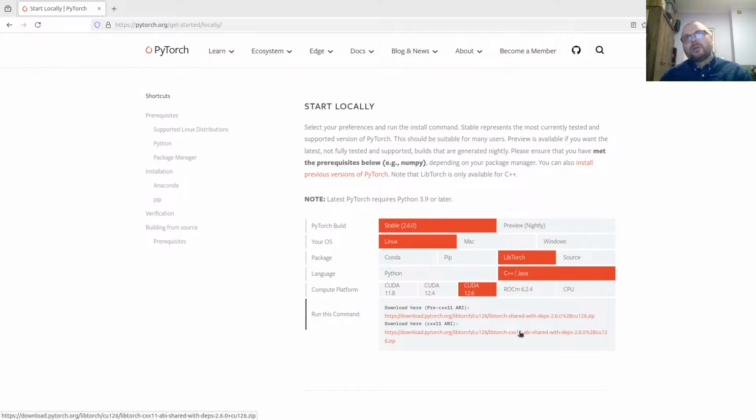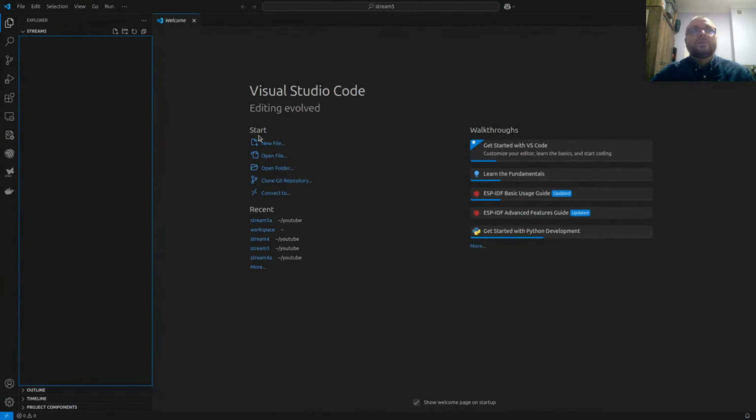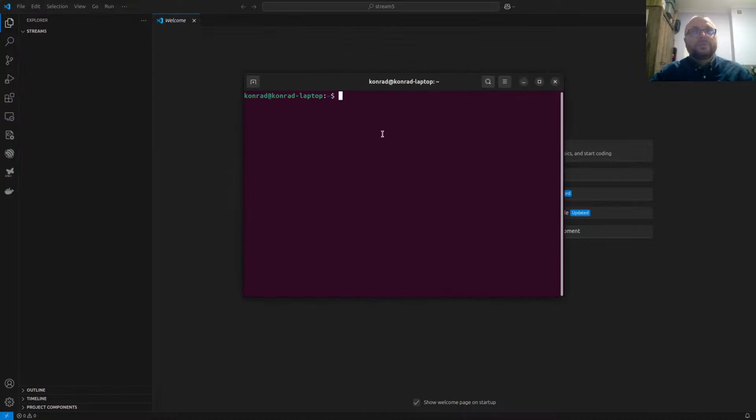And the second part will be for C++. So first we start with Python, and for that I have open Visual Studio Code with the folder for stream number 5, and that will be used for C++. So actually, for Python, we will just use the console,